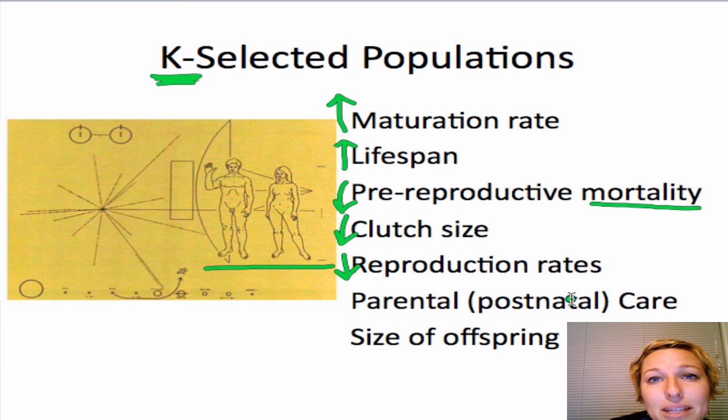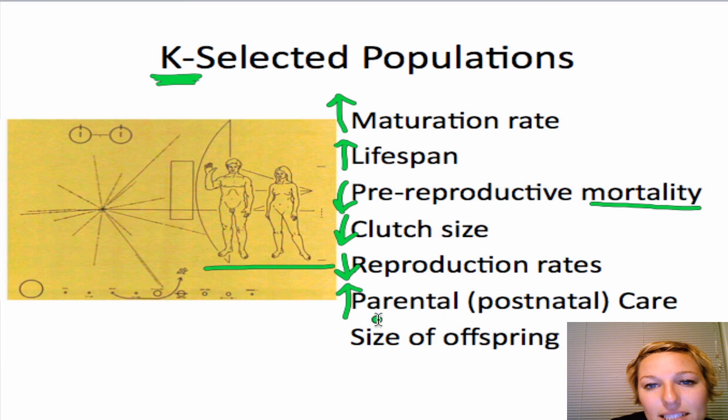So this is investment. As humans, a lot of my friends are pregnant and having children right now, and for 9 months they're reading books and decorating the nursery, and then when the baby's born, it's the full-time stay-at-home mom taking care of the baby till the baby's at least 1 or 2 to make sure that it has a healthy, awesome upbringing, right? So we definitely have high parental or postnatal care. Postnatal is just after birth, after being born care.